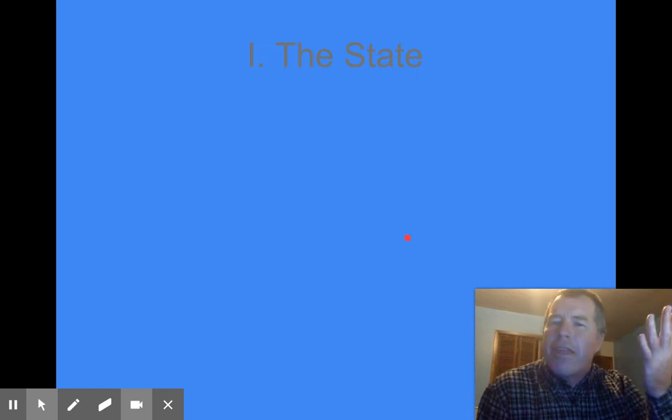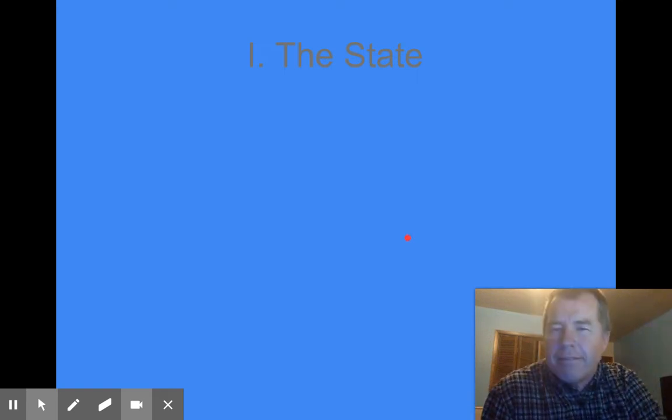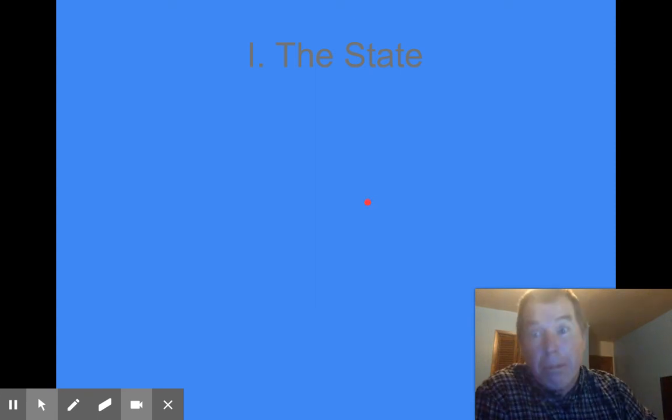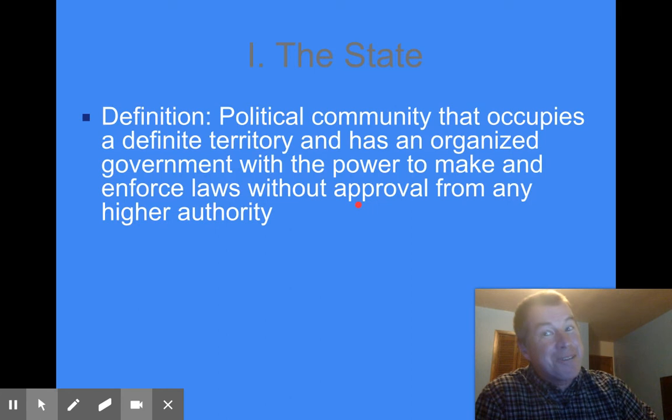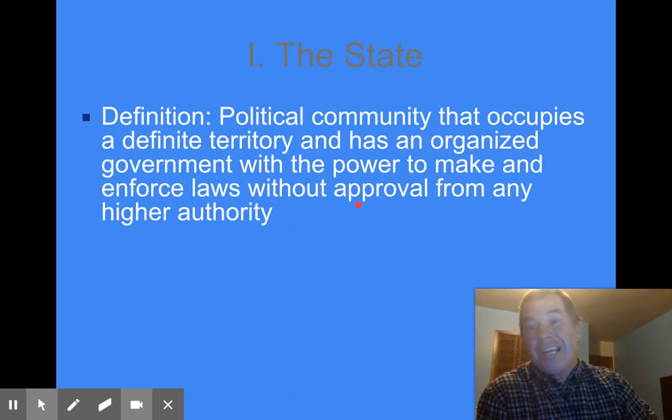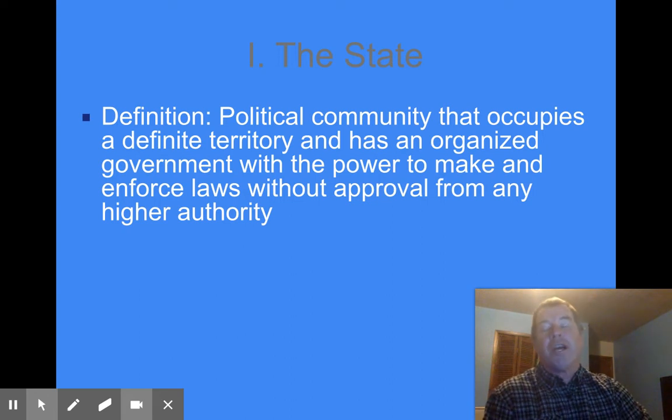So right now in your head, think of a state. Give me a state. Don't give it to me, but think about a state. Right? You're probably wrong. Here's what a state is. Ready? A lot of you might have thought of California or Texas or New York. Well, those aren't states. We'll tell you why.